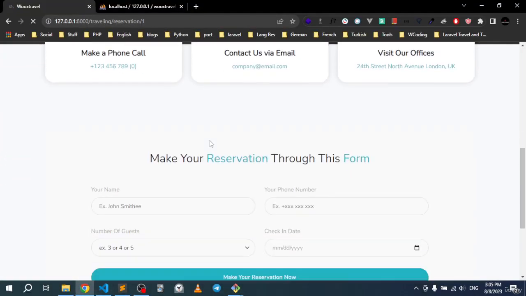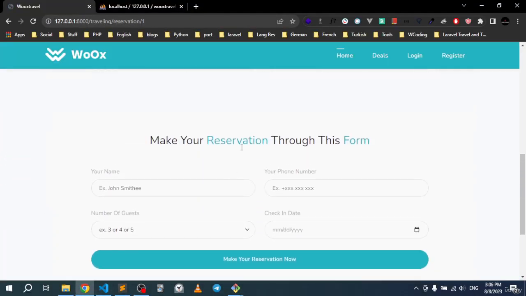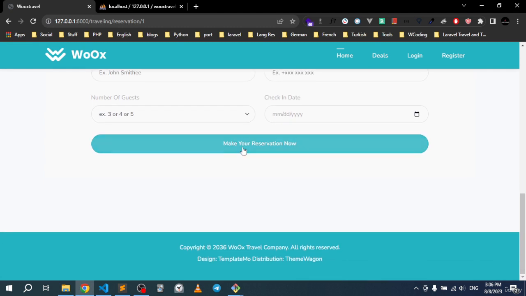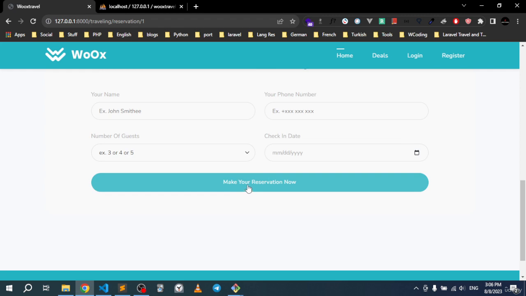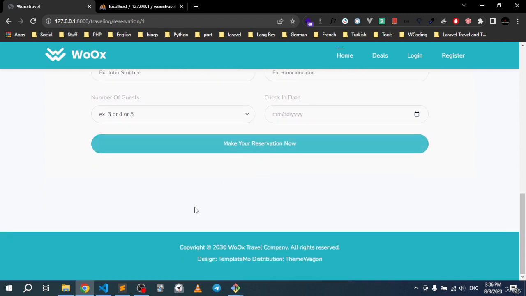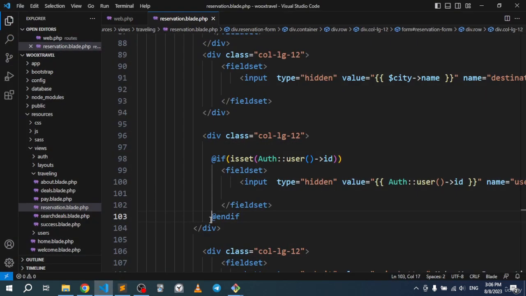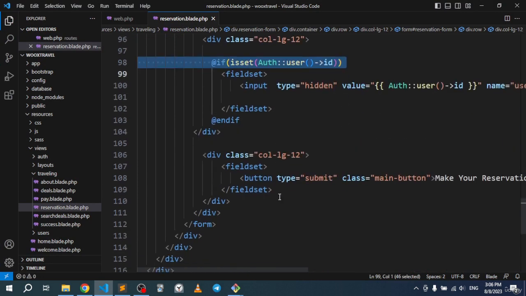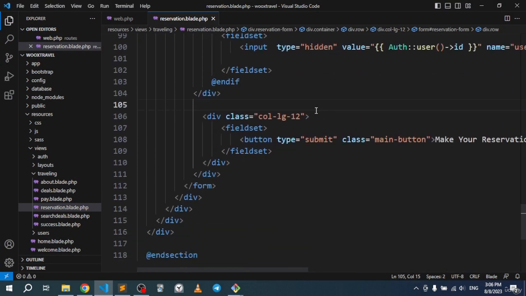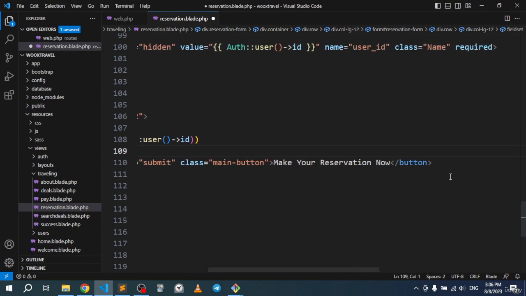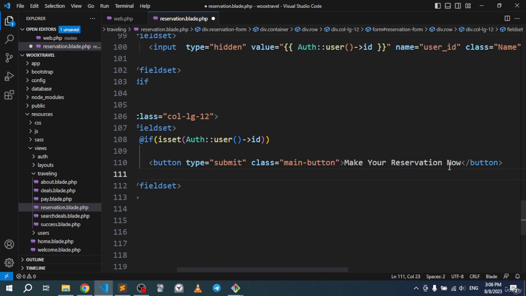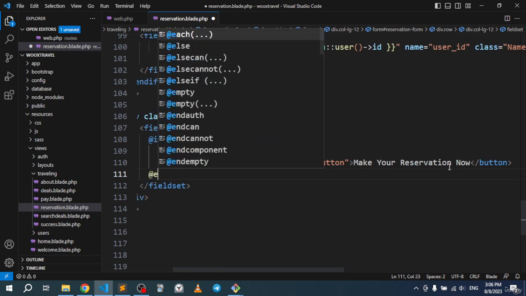Save now. All right, so this should be refreshed, and as you can see, now we're seeing this page and nothing is wrong with it, but we're not going to actually allow the user to make a booking if he's logged out. We will just hide this button, and we will display some kind of text or paragraph. So if we're logged in, we're going to display this button. Else,